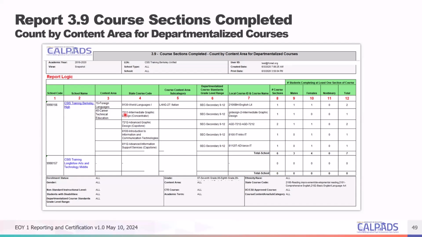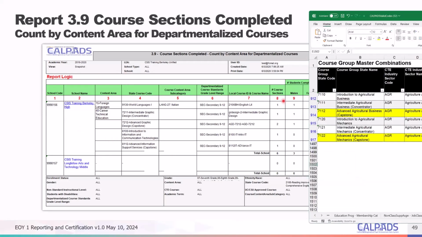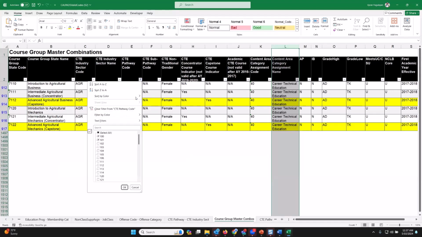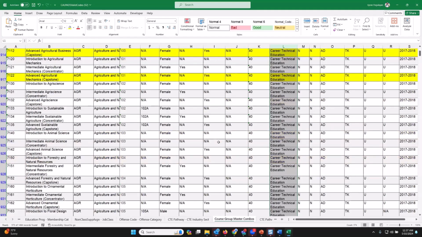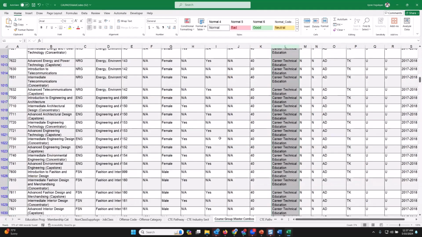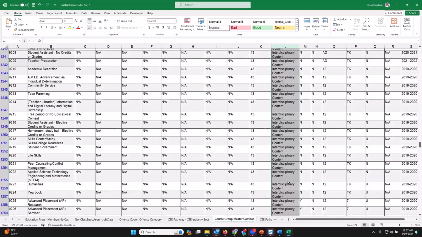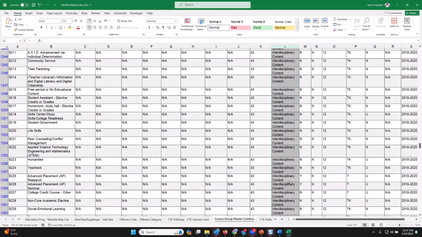So you would say, how do you guys determine the content area? Again, what's the important document to refer to? If I look at content area, is a valid code combo. Thank you, Lou. So if you go here, you would see this content area section. See how you have career tech for CTE? So that's essentially the source of that information. So you have your CTE, and then if you scroll to the bottom, you have all of those content areas based on the state course code that you pick.